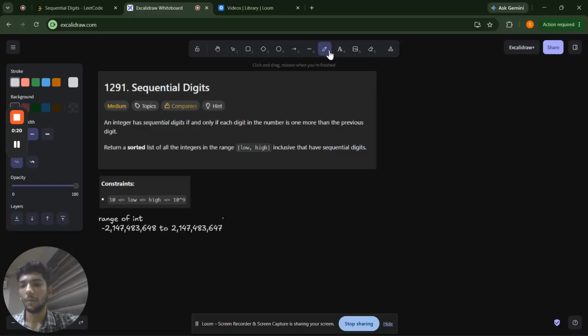Hello everyone. Today we will be solving question number 1291, Sequential Digits, which is marked as medium. And yeah, let's try and get to the solution. So, an integer has sequential digits if and only if each digit in the number is one more than the previous